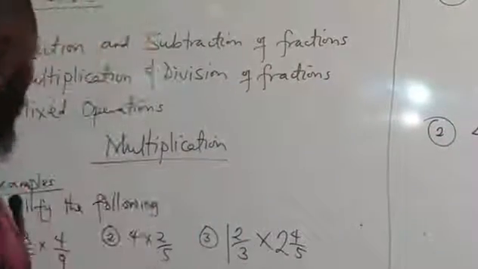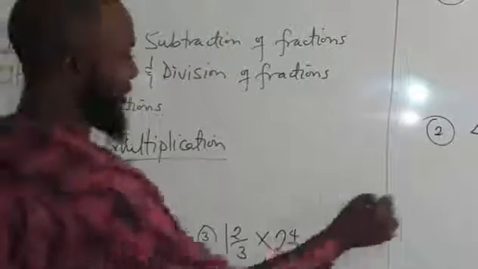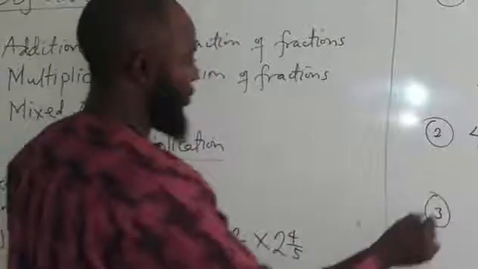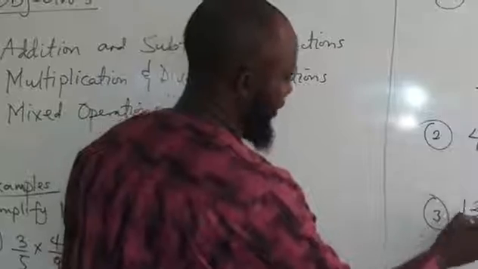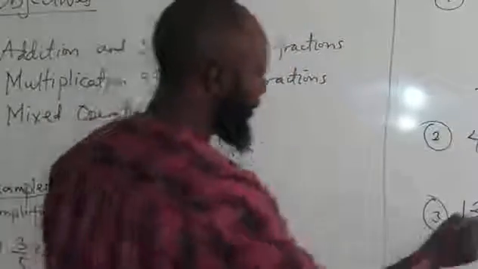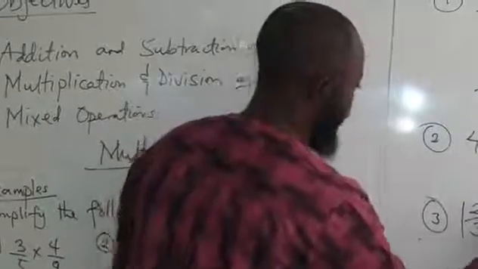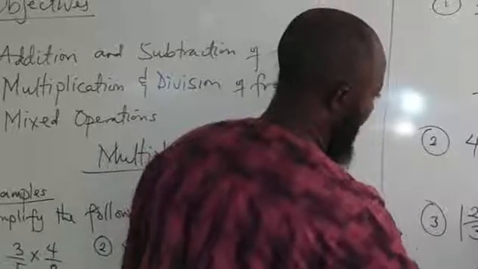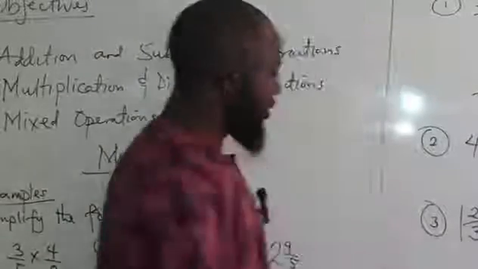So the last question we have under multiplication is this: 1 whole number 2 all over 3, multiplied by 2 whole number 4 all over 5. So the case of this one